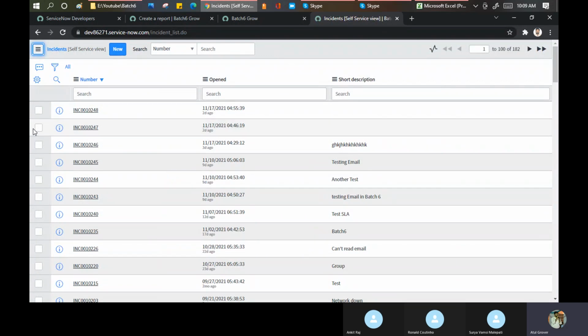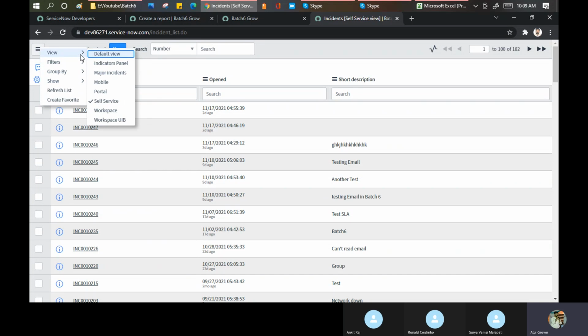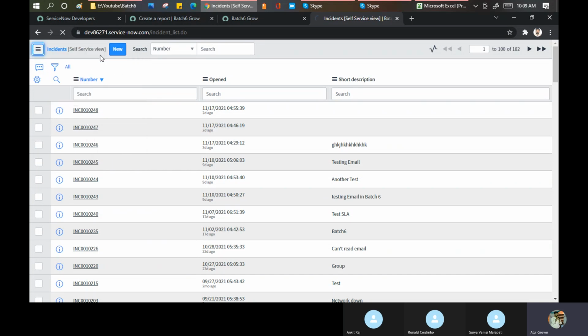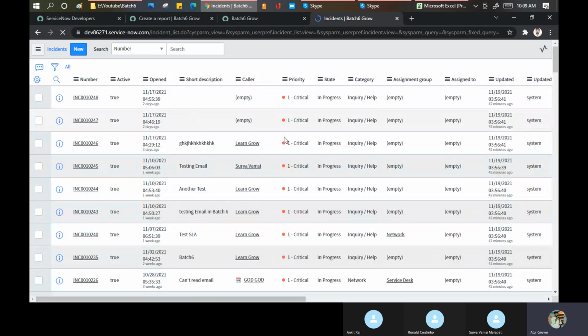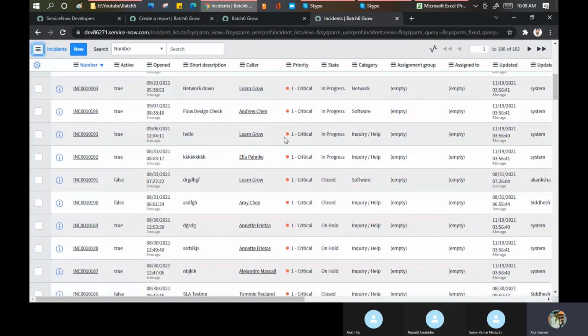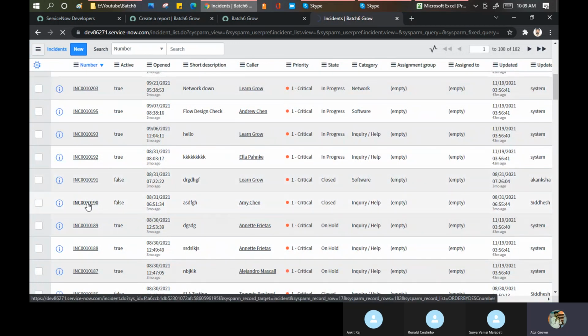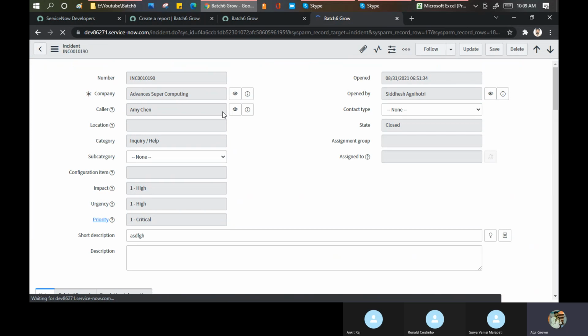And let me open up here and change my view to default view. Okay. Any closed incident, in progress, this one, let me say this one. Okay, now if you scroll down this incident, this was a major point.